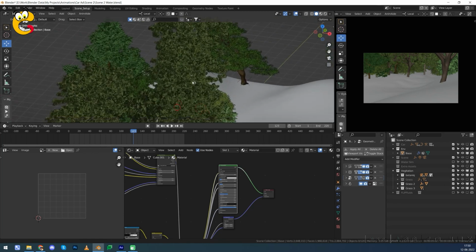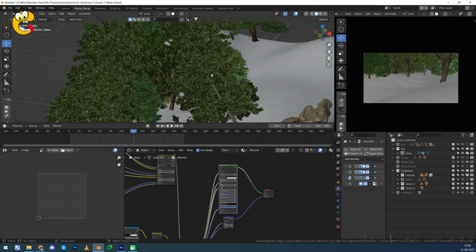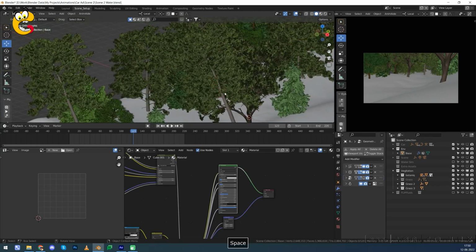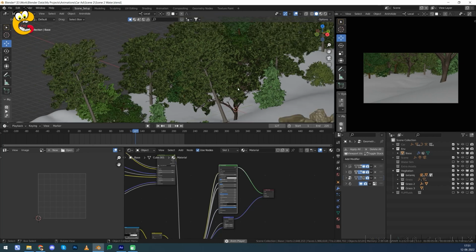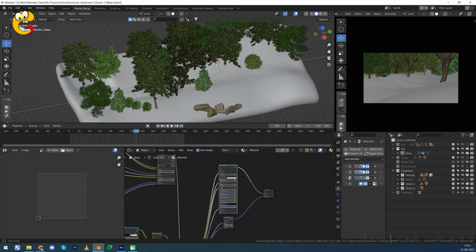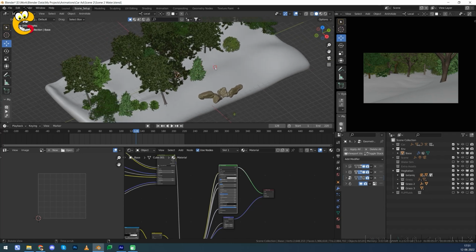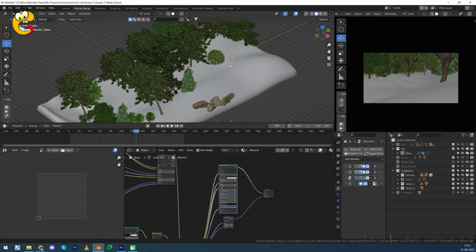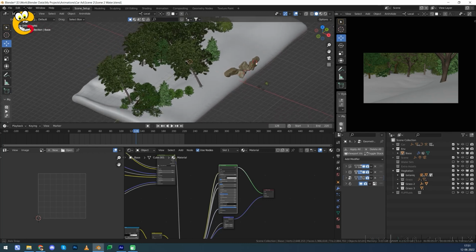These are not low poly. This is quite heavy, and you can see. If I play, you can see these are all animated, and these trees are also spread according to the camera angle. So not a single tree is out of the camera vision. So